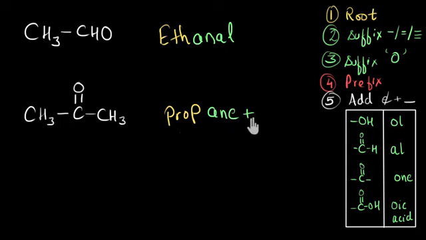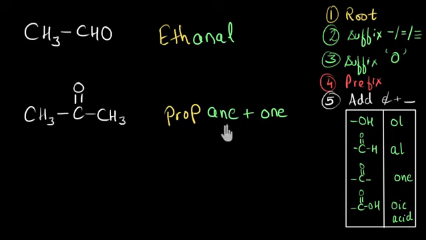Wait, there is a suffix also, right? Because there is a oxygen containing functional group. What about that? So this one is a ketone group. See, both sides, C double bond O, there is carbon and there is carbon. So this is ketone functional group. And to denote the presence of this, we use the suffix -one. And there are no other prefix that are going to be added because I don't see any chlorine or bromine over here. So the last step is to add these, okay?